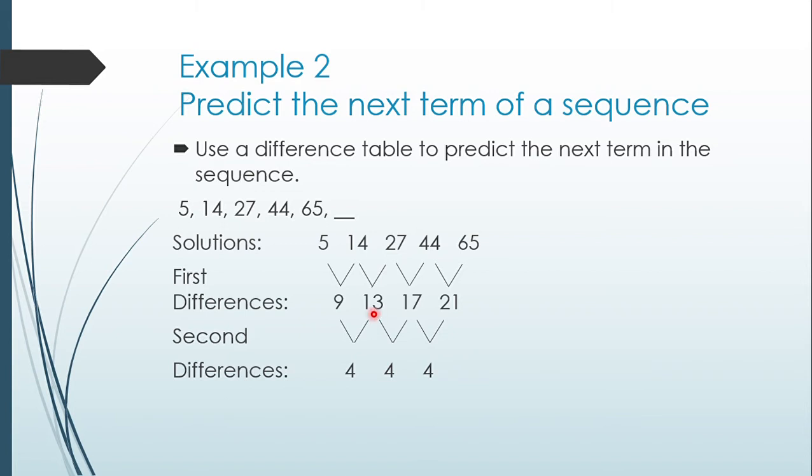So 13 minus 9 is 4, 17 minus 13 is 4, 21 minus 17 is 4. Since the differences are equal, then you have to stop. As long as your differences are equal, stop. With the difference table, now we predict the next term after 65. All you have to do is add these three numbers: 4 plus 21 plus 65 is equal to 90. Next,